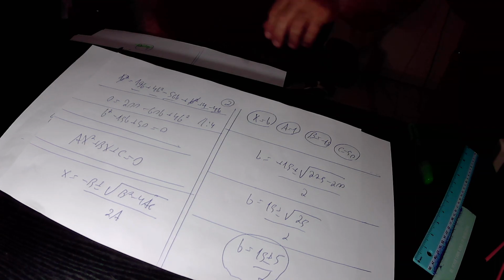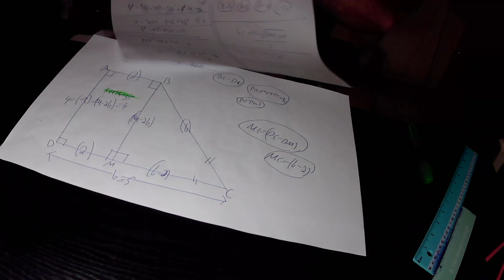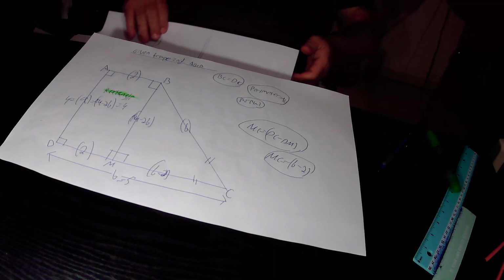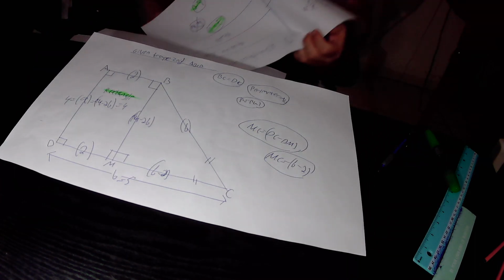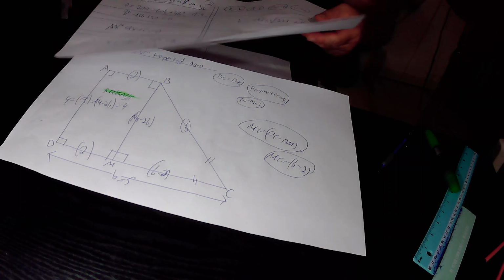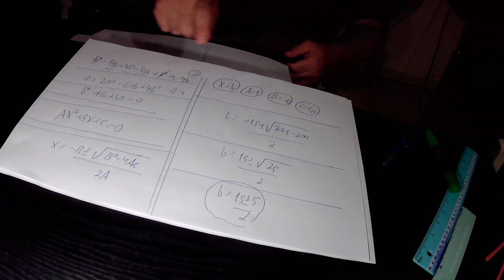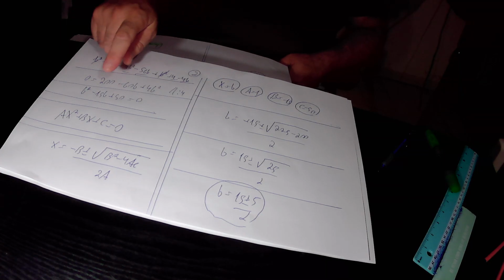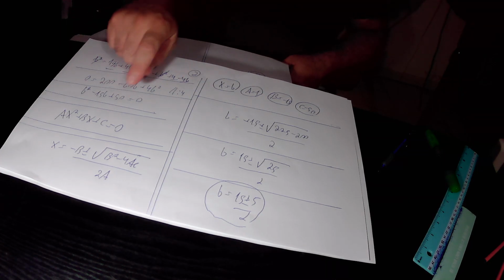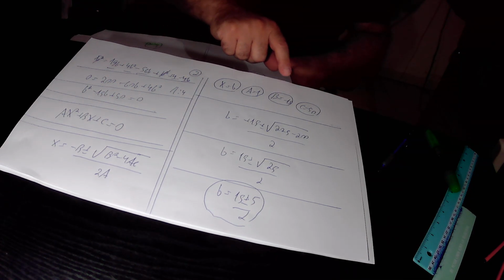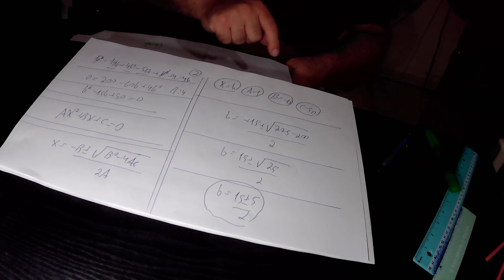So x equals b, therefore we substitute x by small b, and it equals minus B, where B is minus 15, therefore minus B is plus 15, plus minus the square root of